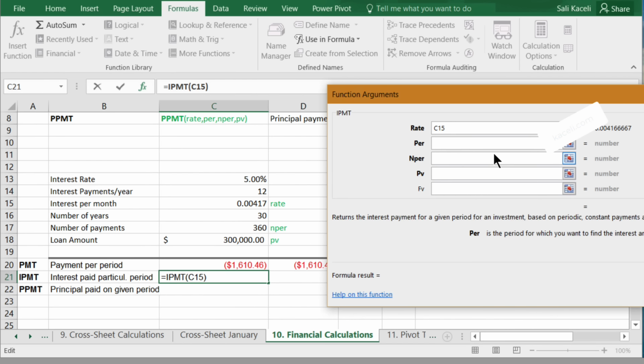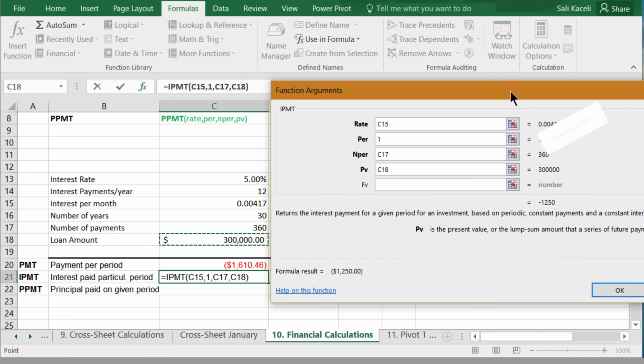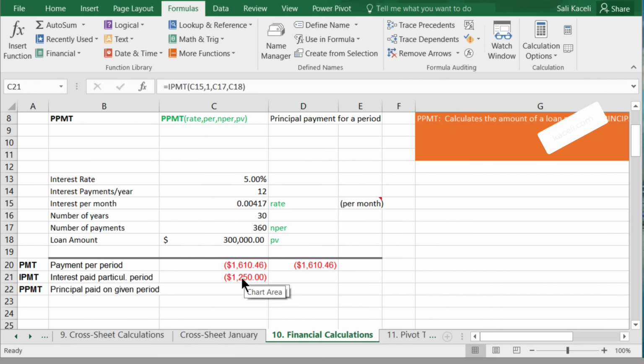The PER, it wants to know the period in which you want to find out what you're paying for interest. So in this case, we said we want to find the first payment that we make. How much are we paying on interest? So we put just number 1, first payment. The NPER here would be the number of total payments. And then the PV is actually the value that you're borrowing. Then we click OK. And now notice that on the first payment, if you're borrowing $300,000 at 5% for 30 years, on the first payment you're going to pay